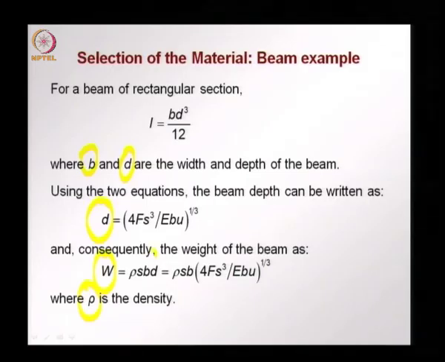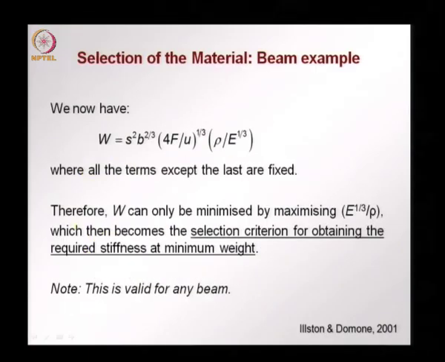So, this is the volume times the density. Now, what we do is substitute d with this equation. So, you have W given as rho times S B multiplied by the cube root of 4 F S cube divided by E B u. We now rewrite this equation,